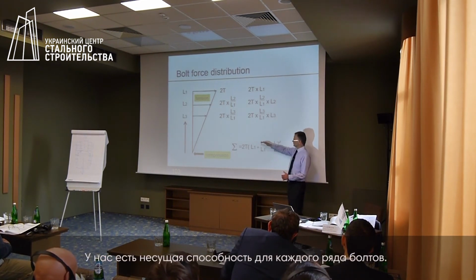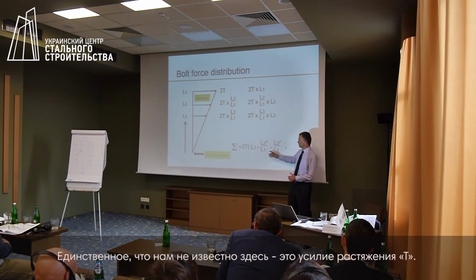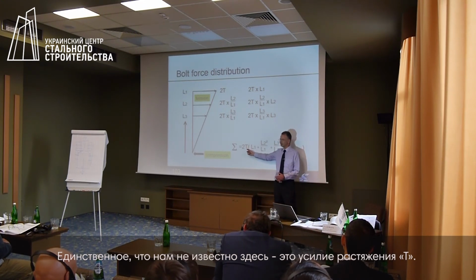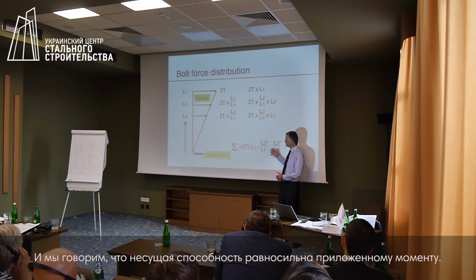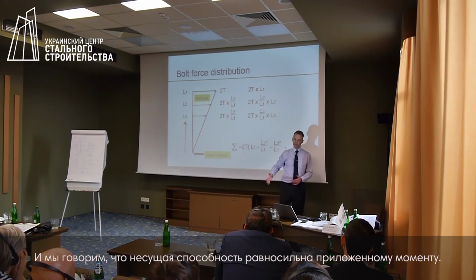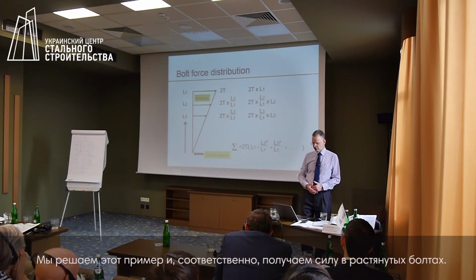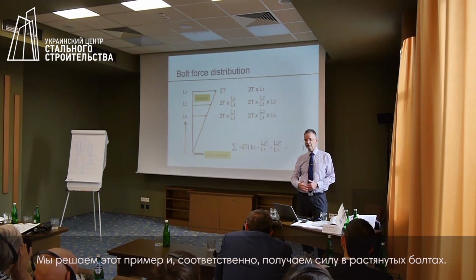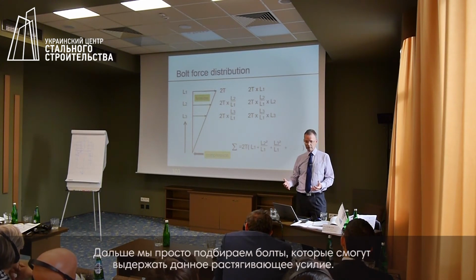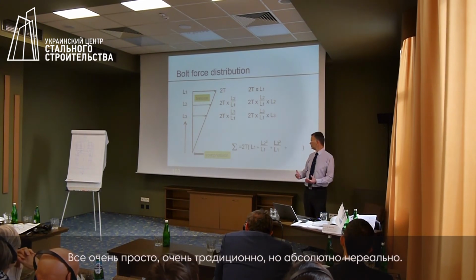We add the resistance for each row of bolts. The only thing that we don't know is the tension T, and so we say the resistance is equal to the applied moment. We solve that expression and that will give us the force in the tension bolt. And we simply then choose a bolt which can carry that tension force. Very simple, very traditional,